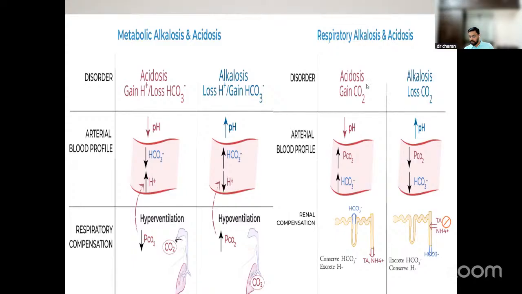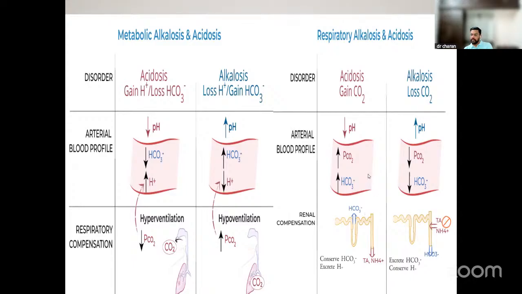If it is a respiratory acidosis, usually pH is less because of an increase in carbon dioxide. So how does the kidney try to compensate? Kidney tries to compensate by conserving bicarbonate. It decreases the bicarbonate loss in your kidney, thereby increasing the bicarbonate in your body, causing metabolic alkalosis, compensating for